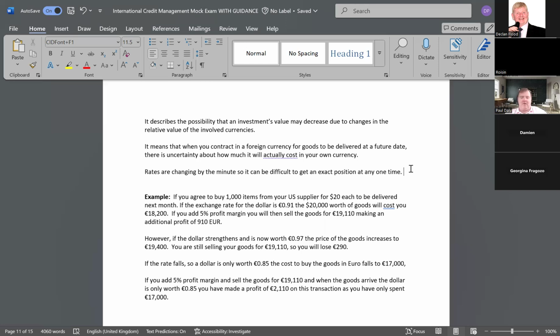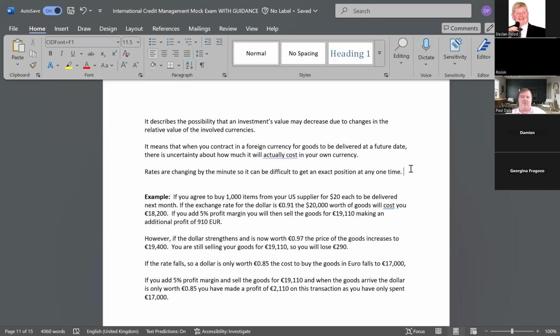However, if we take a more positive example for us, let's say the rate falls. Okay, so Trump announces something, and then people kind of say, okay, not such a good idea. The markets react negatively, and the dollar falls. So let's say the dollar falls all the way down to 85 euro cents to the dollar. Now we're going to buy our products from the guys in the US, but we're only going to spend